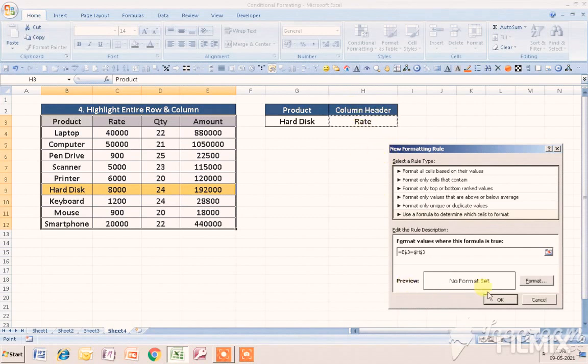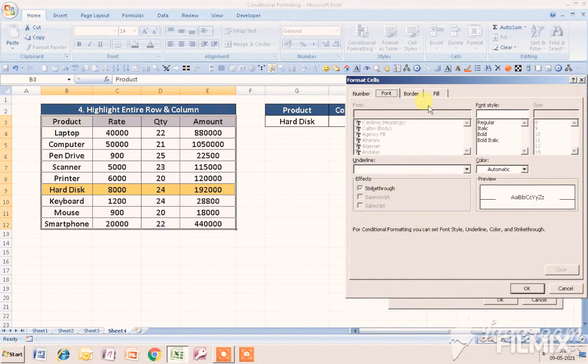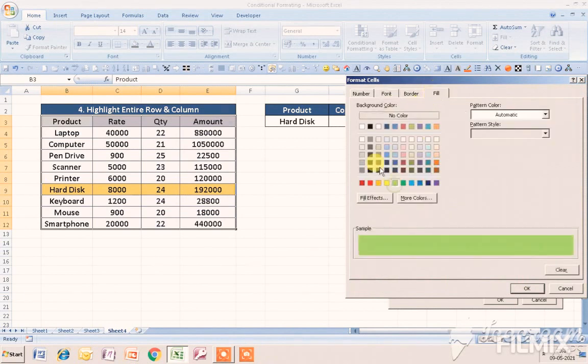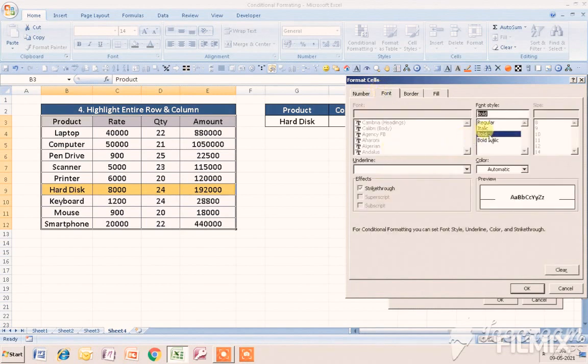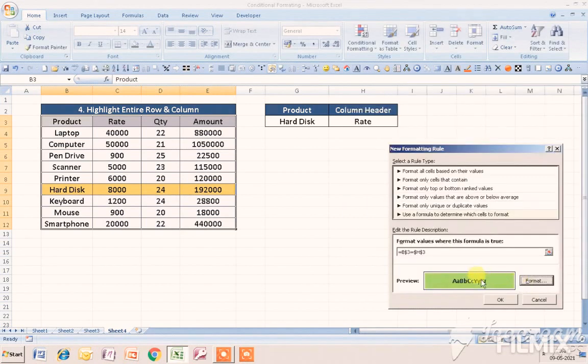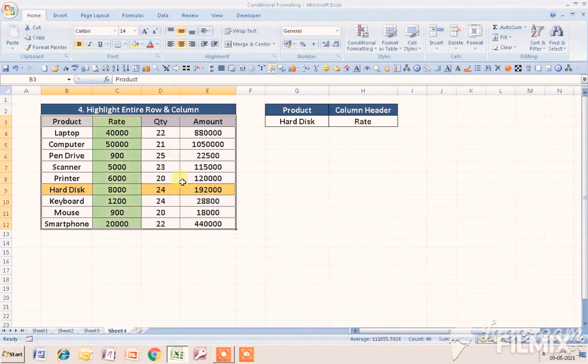Okay, and I go to format and fill. Suppose I give this fill color and font and make it bold. You can see the preview. You can see that particular column gets highlighted automatically.